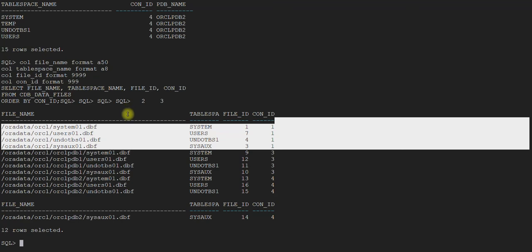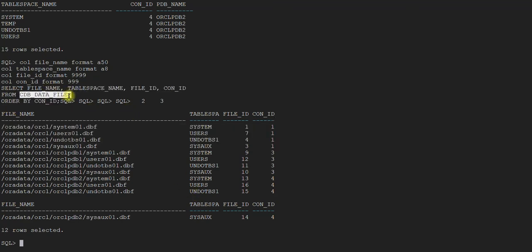So it will just show whatever is locally present. But this CDB_data_files or the CDB_ views has been designed in such a way that it queries all the pluggable databases under the container database.